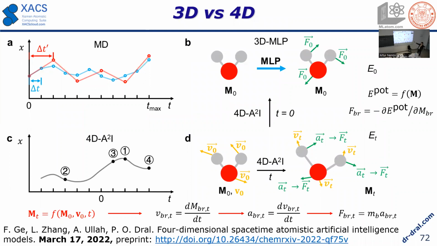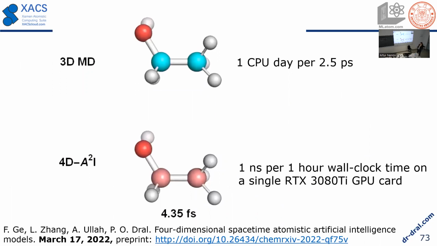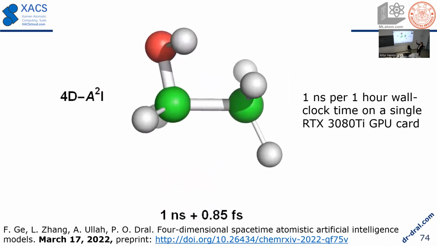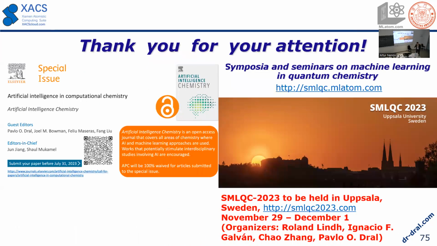You can just predict as a smooth, continuous function of time, and then you can get all these properties. And that works very nicely if you compare to the traditional MD, but much faster. So you can run 1 millisecond, no problem. We have done it for other molecules eventually. So here's my